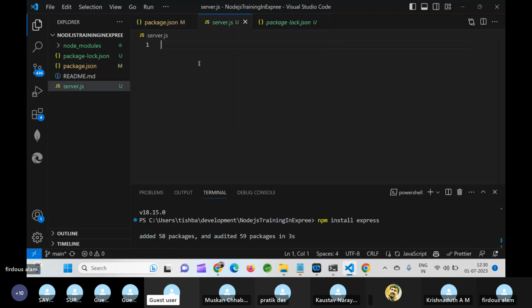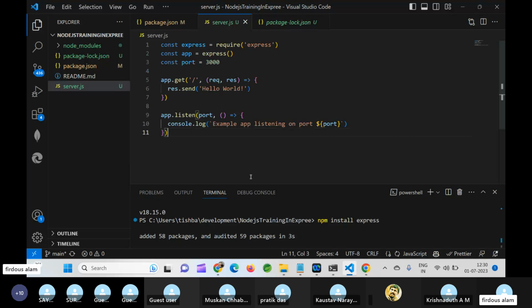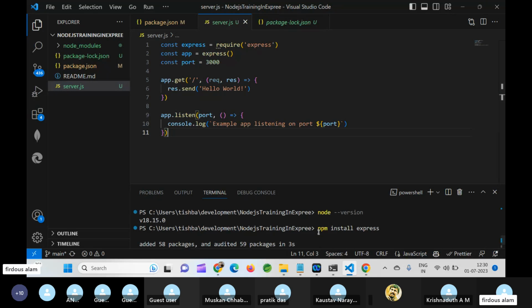We have to install Express, that is Express.js, from the command line only, from your terminal, not from Google Chrome. Hello Firdaus, yes, I made the command from CMD, but npm install express. If you are in CMD, you have to be in that folder only.